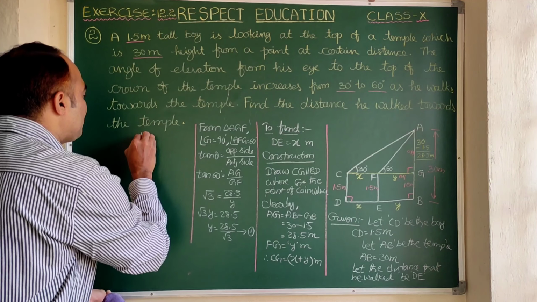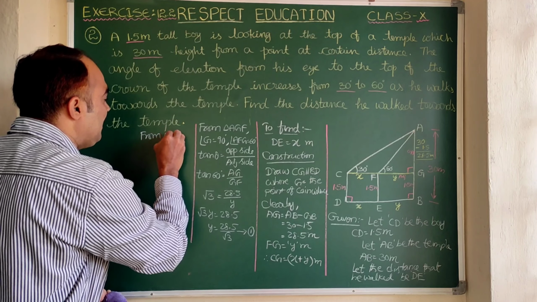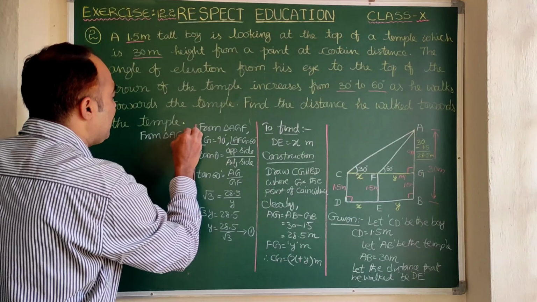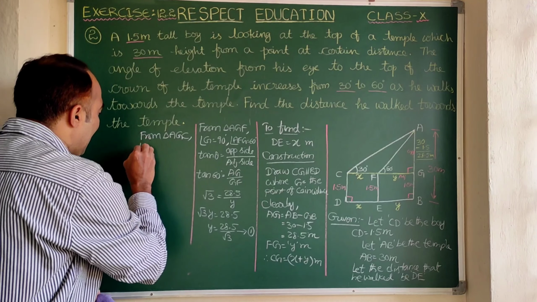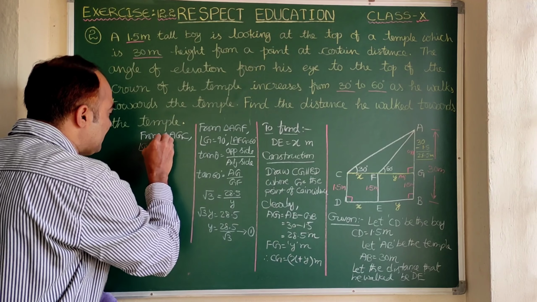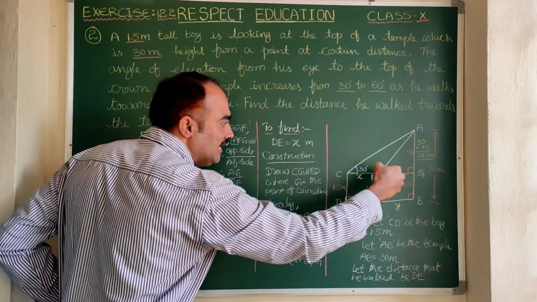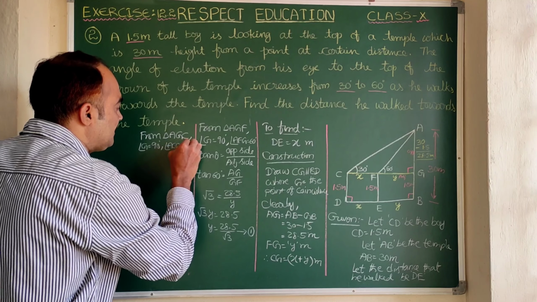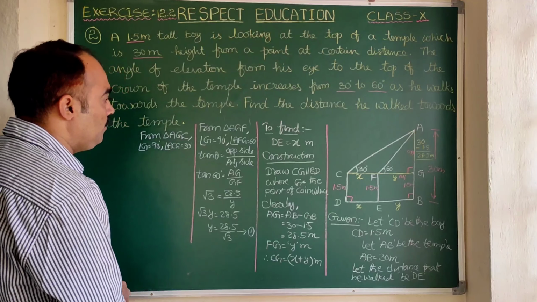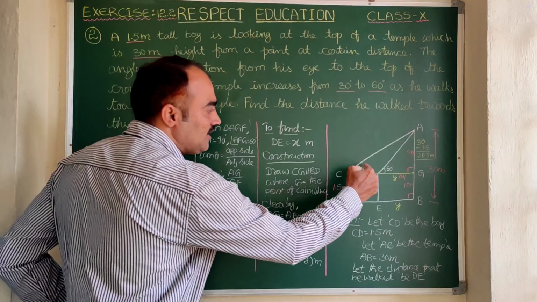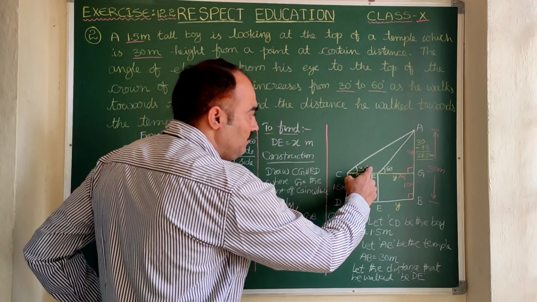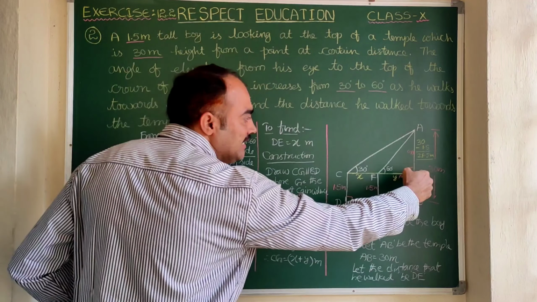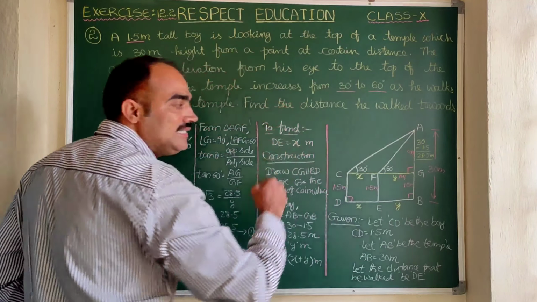Here I am writing from triangle AGC, clearly angle G is equal to 90 degrees and angle ACG is equal to 30 degrees. Now here just visualize that you are standing at 30, whereas your opposite side is AG and adjacent side is GC. GC is the completely adjacent side.